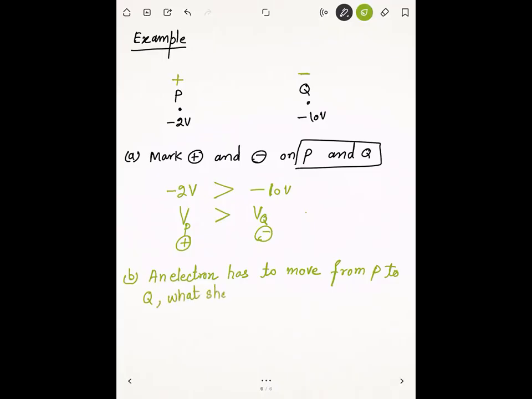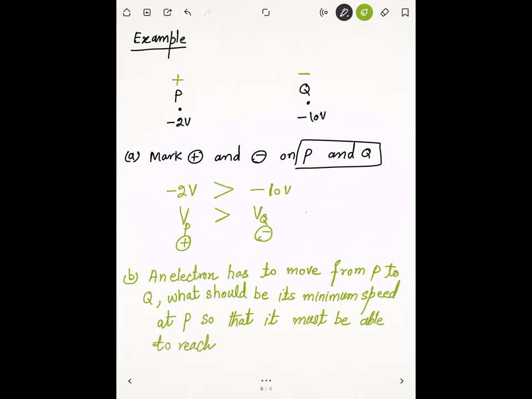What should be its minimum speed at P so that it must be able to reach Q. Now in this motion of the electron